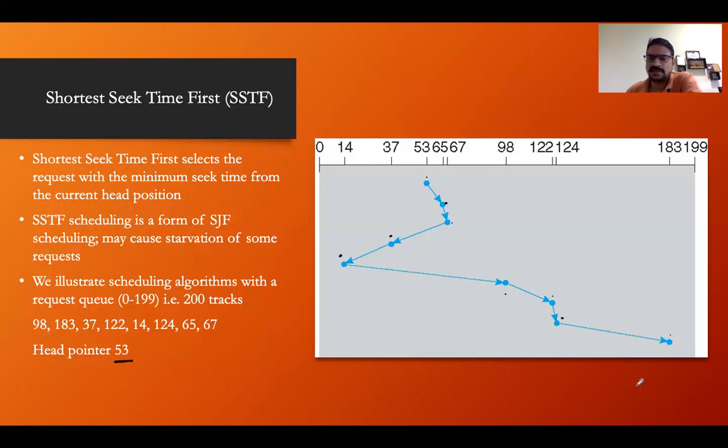In that way, I can serve, right? So what is the total number of track movement? It will be how much? From 53, I am going to 65, right? So 65 minus 53, plus where I am going, 67: 67 minus 65. Then where I am going, 37: 67 minus 37,